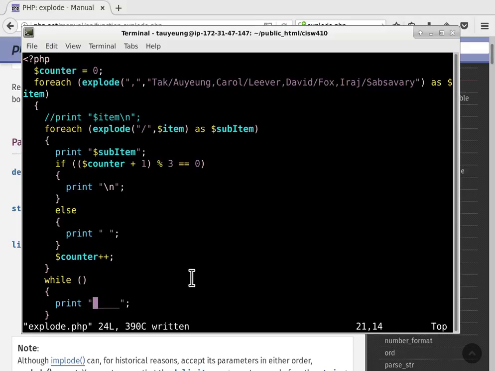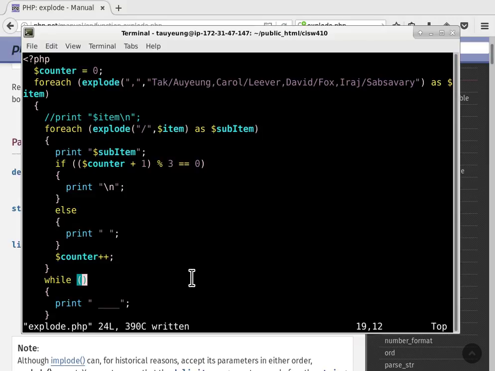So the idea is it's going to fill up the last row of supposed to be 3 items with some blank stuff so that it still has the same count as all of the other lines. So now the question is, what do we put here as a condition? When you think about this, you will think that, okay, if we have exactly 3 items already printed, then